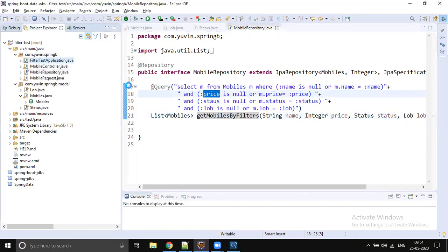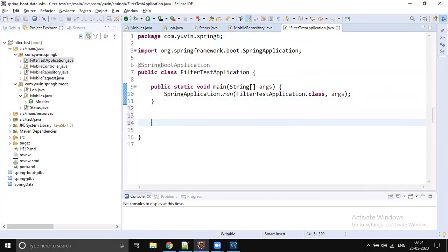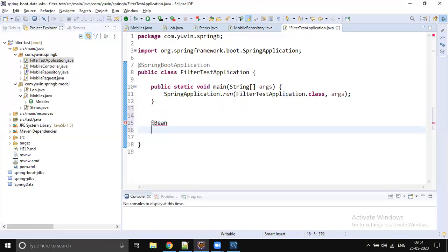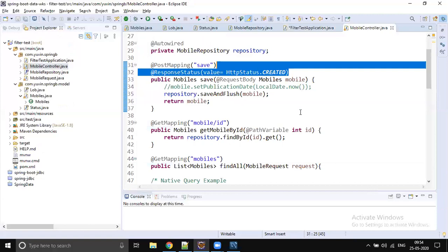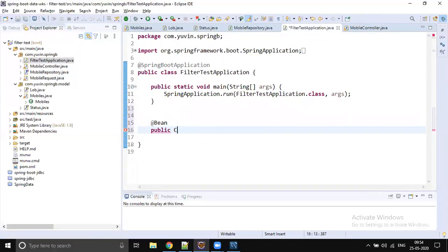So let's go to our application, and we can write a command line runner, and we can check whether we are getting the data or not. So we will start with this command line model. Later we will integrate into the mobile application. Right now we didn't integrate, so let's first test this as a command line application and check whether the data is coming with parameters or not. Later you will see in real time how we are going to use it.